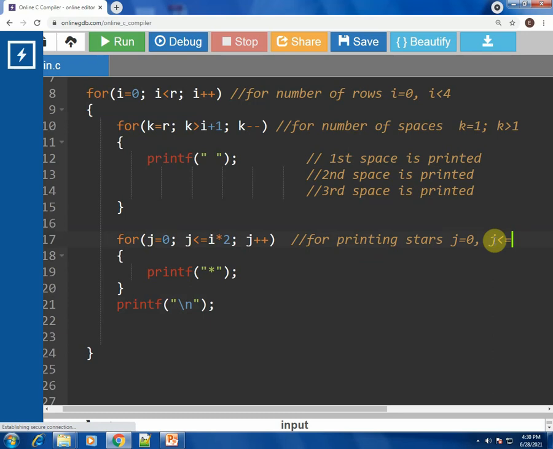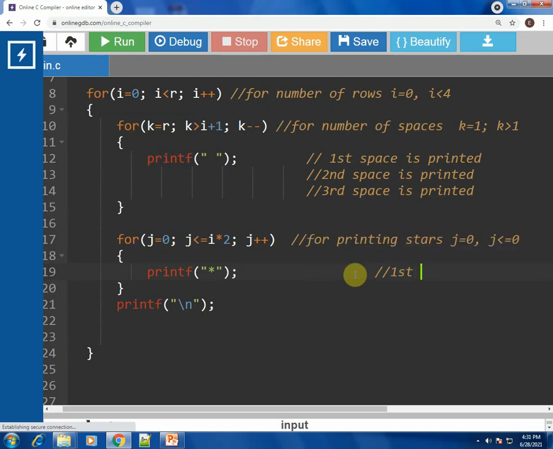Now I is 0 the first time, so 0 into 2 is 0. So is J less than or equal to 0? If J is 0, is 0 less than or equal to 0? Yes. So you will print the first asterisk sign.